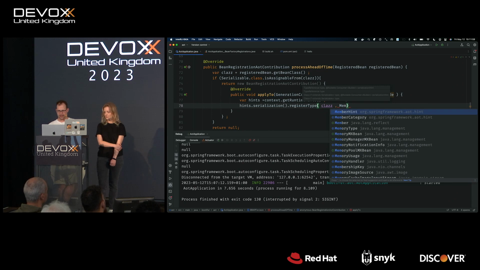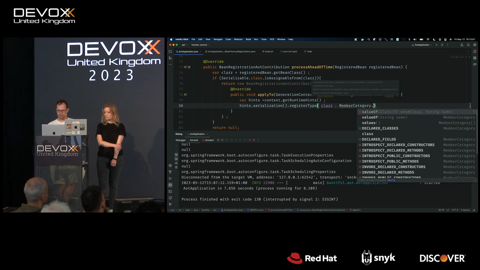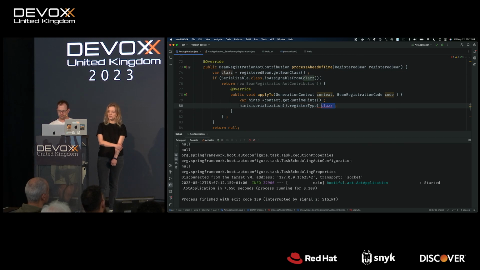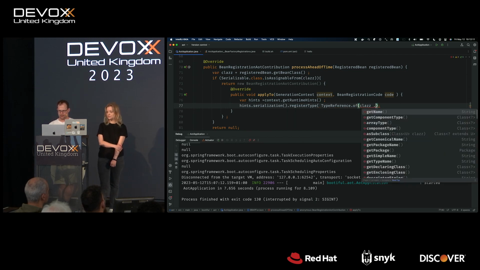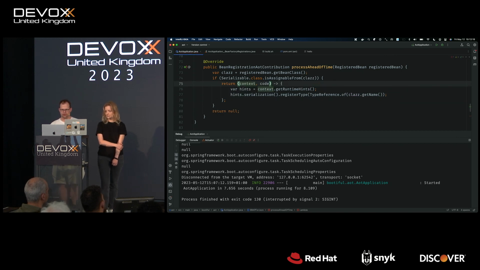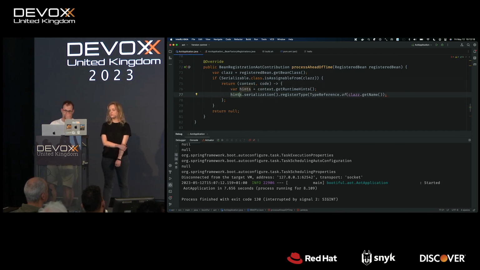Maybe I'll just do member category, values, okay? Good. So this is the way to programmatically create that serialization config for those beans that are serializable. Right. So here's the getName. There you go. So I'm programmatically registering a serialization hint for all classes in your bean context that are serializable. Silly example, but you get the idea.